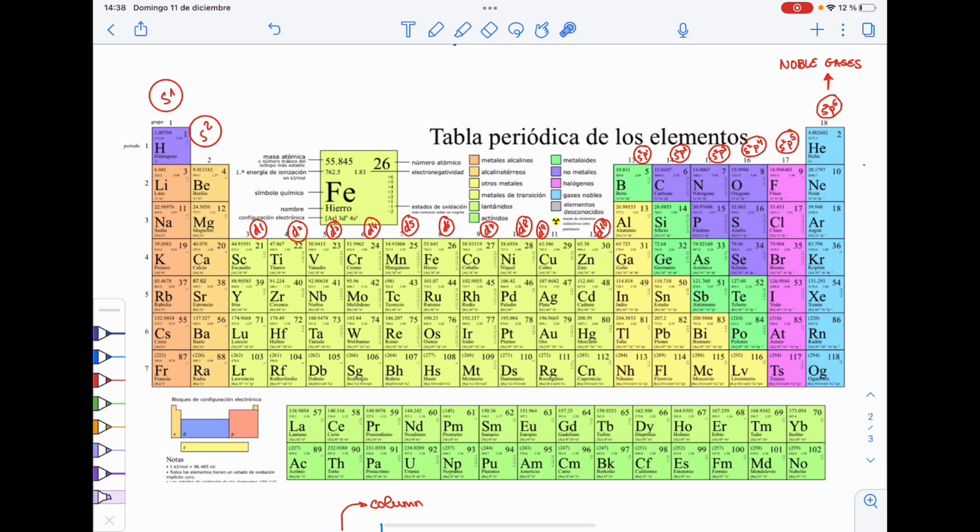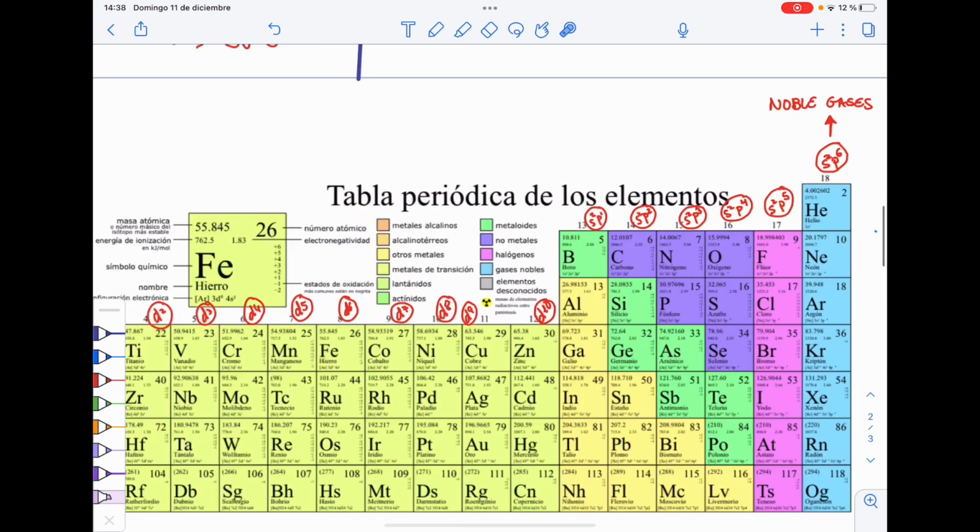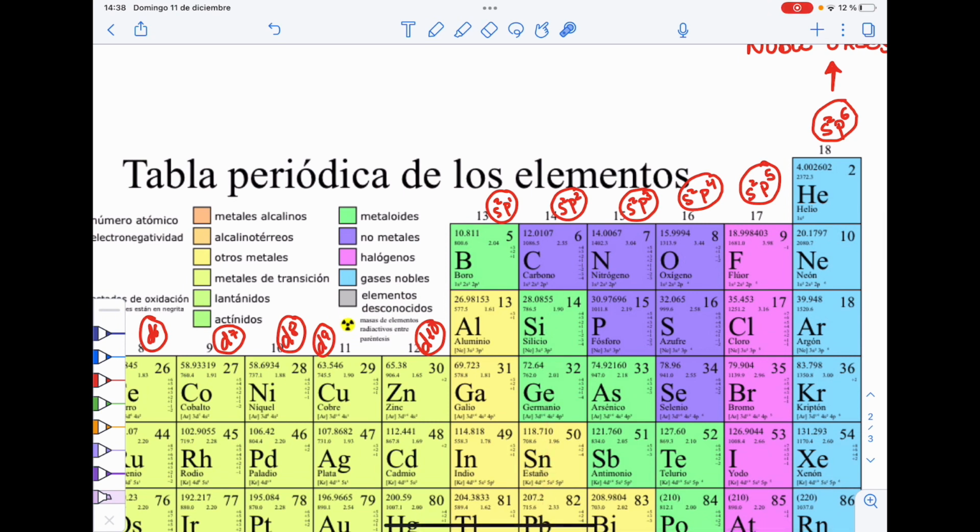these things that I put here in red, which is that all of the atoms on this column, their electronic configuration finishes with S1, the atoms on this column, they finish with S2, and these ones, they finish with D1, D2, D3, D4, D5, D6, D7, D8, D9, and D10. And these ones over here, the column 13, they finish with S2P1, column 14, S2P2, column 15, S2P3, column 16,